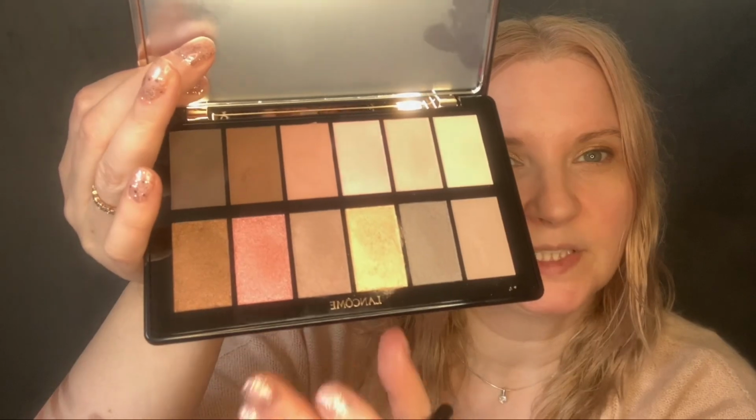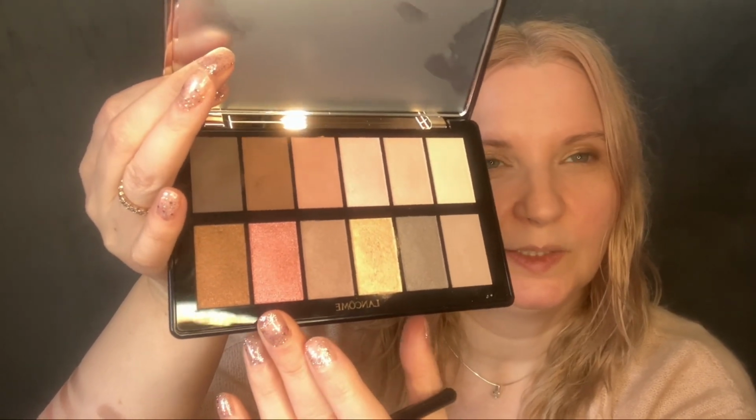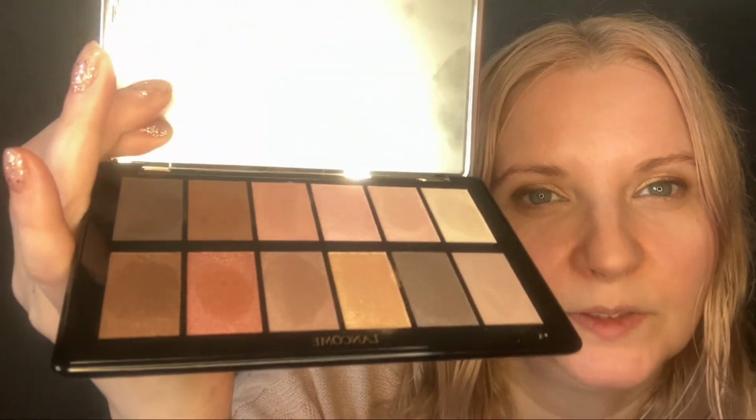Obviously you can do some more brighter. You could do this colour across the lid with something, couldn't you, if you wanted to. That one's quite bright. Plenty of looks to come up with in that palette, I think. Now I just take the remnants on here and go underneath along my lash line to add a bit of definition along there,